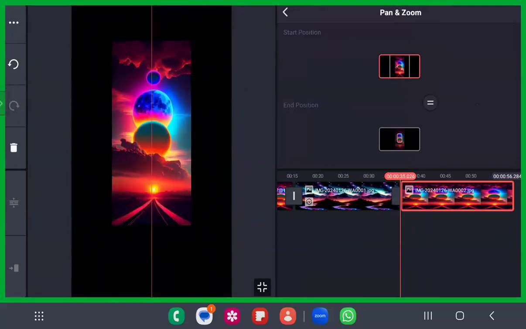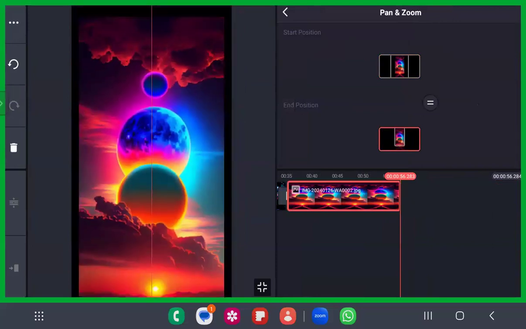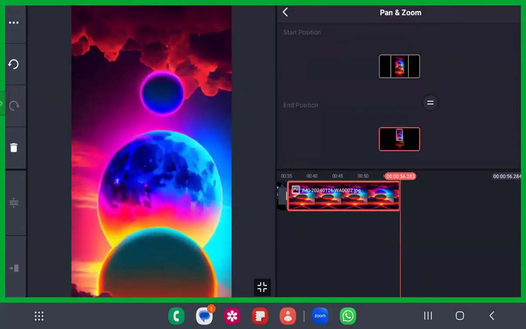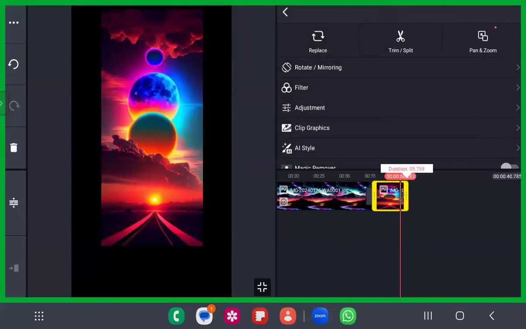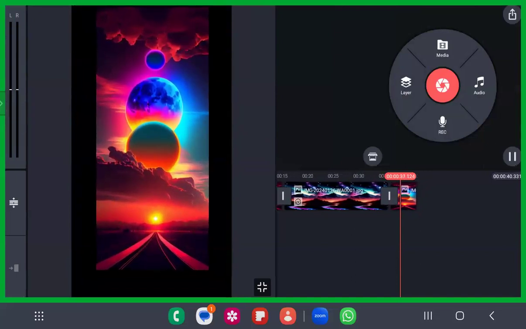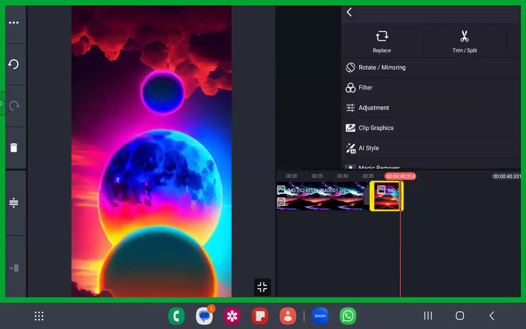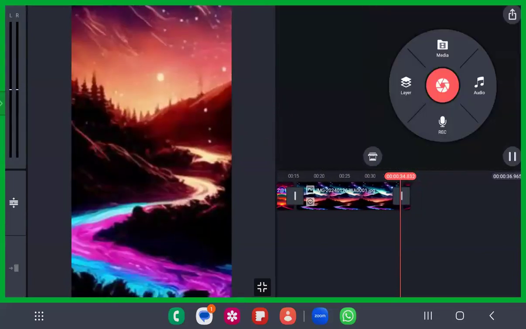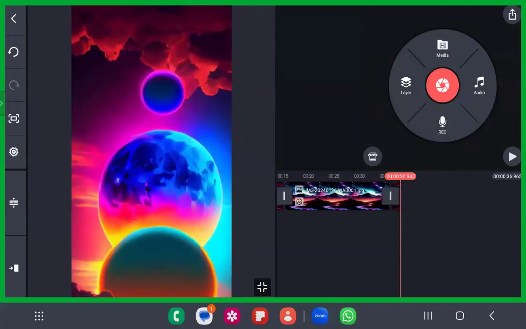For example, I just place it here for the starting position. For the ending position, let me just put it something like this. I'll just give it a 3-second duration. See, when you play this up, it is just moving up like this, right? See how beautiful it looks. You can decrease the seconds and see. Within 1 second, it will look like a wondrous photo. See here, it has appeared in this way. Okay, this is all you have.